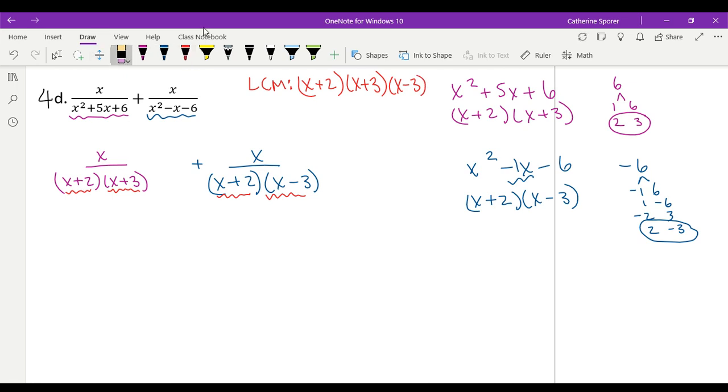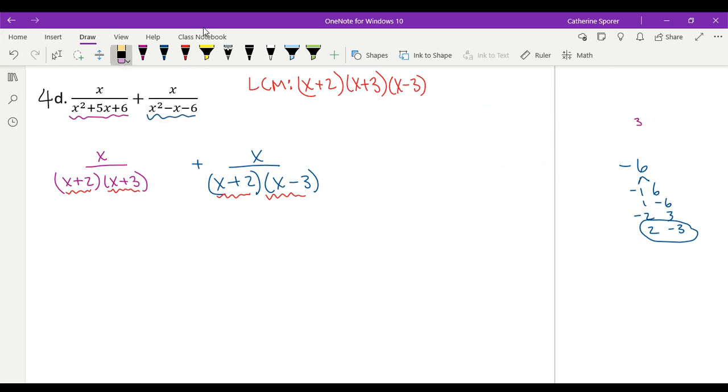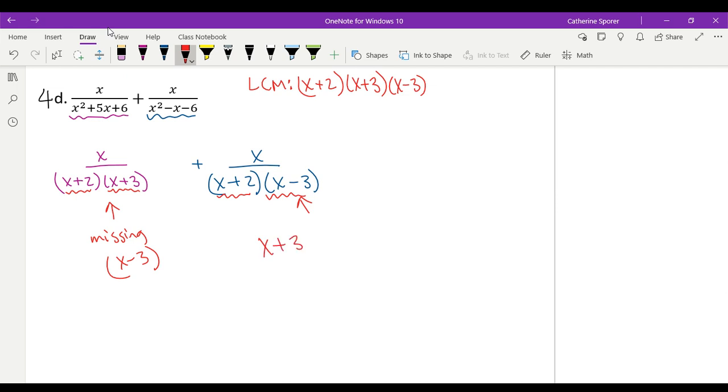Okay. So then we just want to go through and see what's missing in each denominator to multiply it up to get the least common denominator. So this one's missing the x minus 3. And this denominator is missing the x plus 3. They both already have the x plus 2. So if we can get the missing one in, then they would have all three factors of the least common